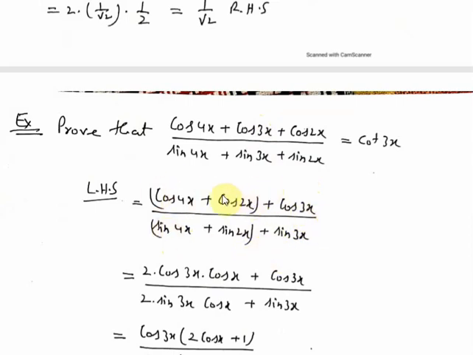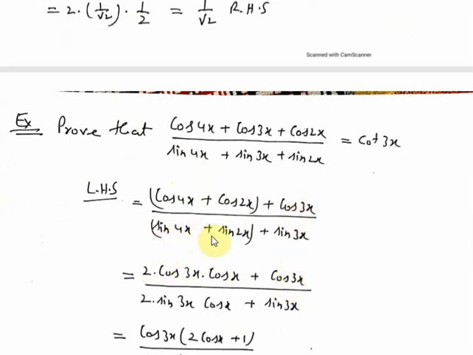So in this way we rearrange and we apply identities for the first two: cos 4x plus cos 2x. So the cos A plus cos B identity we will apply here and convert into the form 2 cos cos. So this is 2 cos (angle addition) 4x plus 2x divided by 2. This is 6x divided by 2, 3x comes. And now cos (A minus B) upon 2. So 4x minus 2x is 2x divided by 2, only x comes. And plus cos 3x we keep as it is.